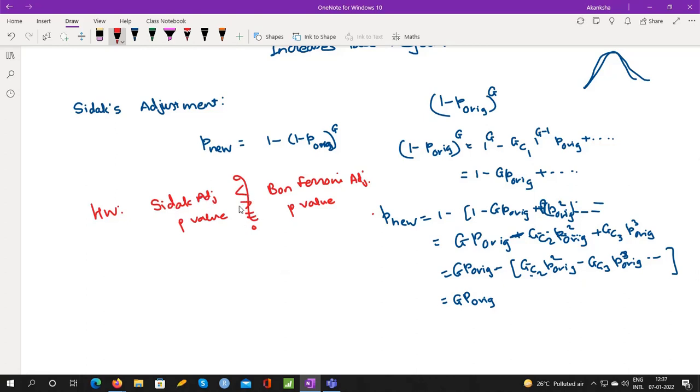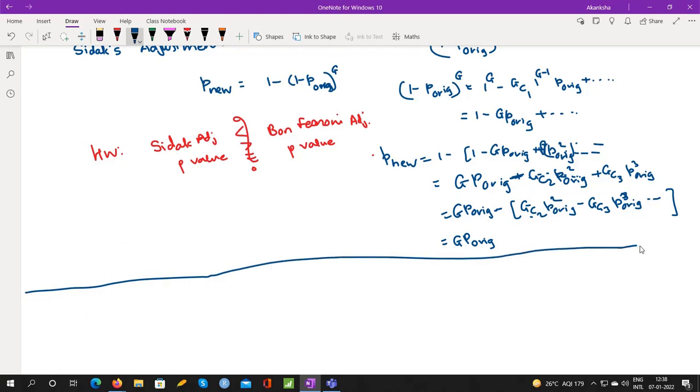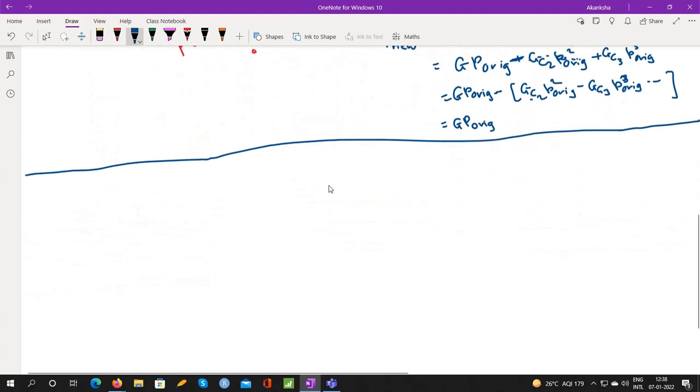So now we have to check, is one always greater than the other or is one always less than the other? Mathematically try to prove it. But SIDAC also has this inflation of false negatives issue. Even in SIDAC, your false negatives do get inflated. Hence people were not completely happy with this. They were still looking out for other techniques, and one such technique that came into use later is known as false discovery rate.